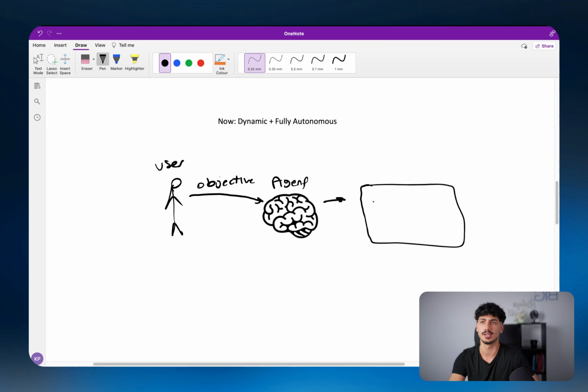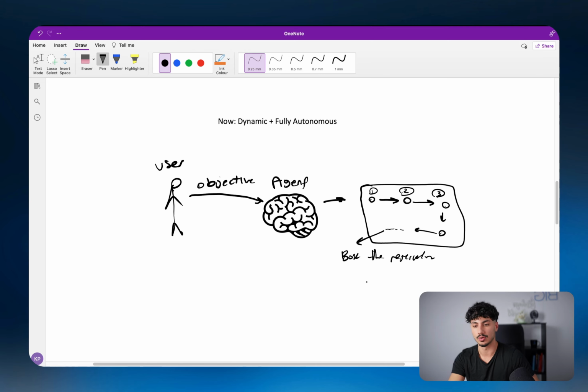So it goes, okay, well, Kia said to go and book a restaurant reservation. In order to go and book a restaurant reservation, first I've got to figure out what time the restaurant's open. Then I've got to go and check what time Kia is available. Second task. Then I got to go and check, I don't know, what's the best travel options to that restaurant. And then I'm going to go and check the menu. And then I'm going to go and do whatever, until eventually I can book the reservation. So this being the objective being achieved or the output.